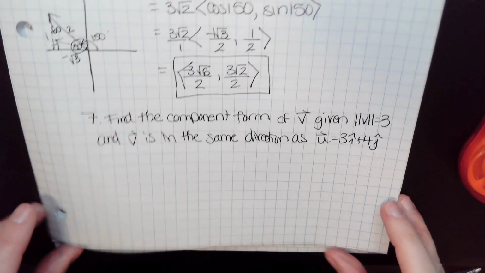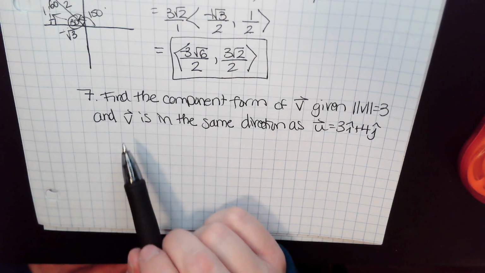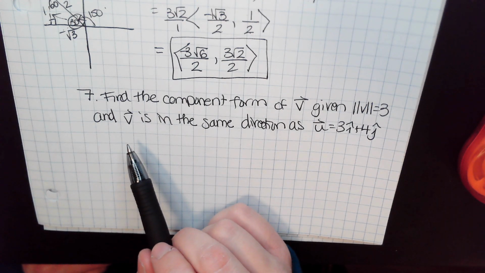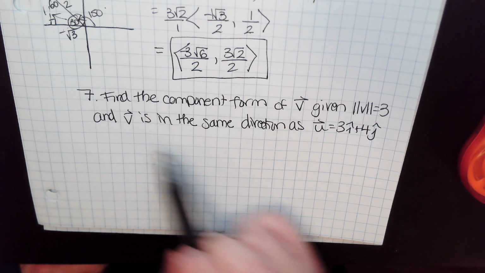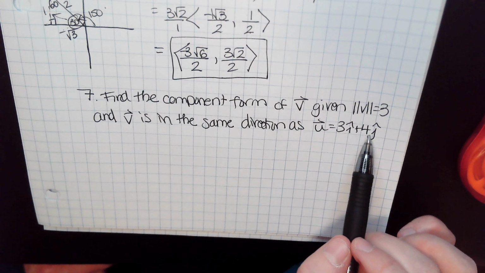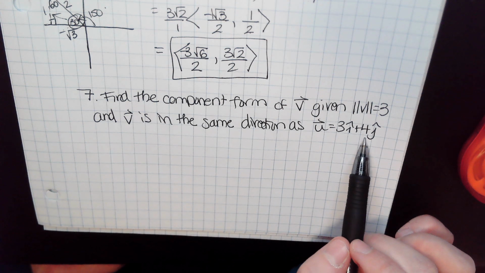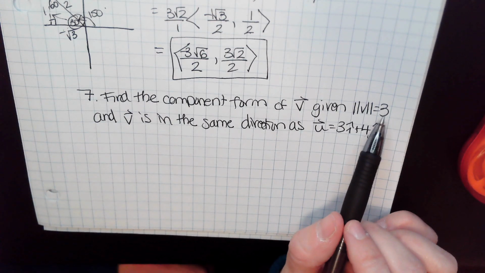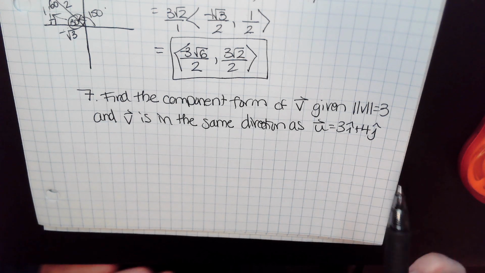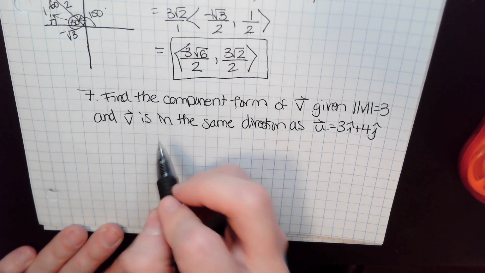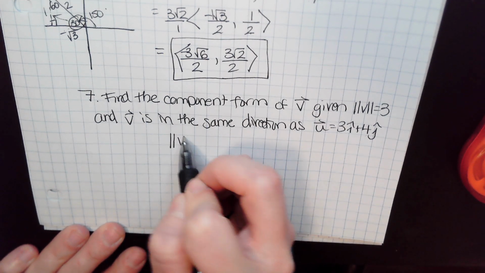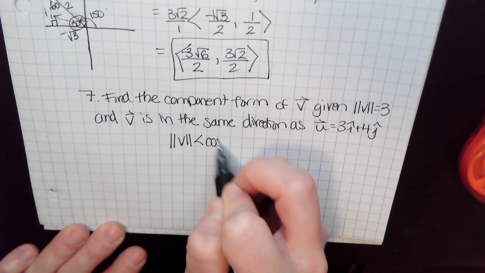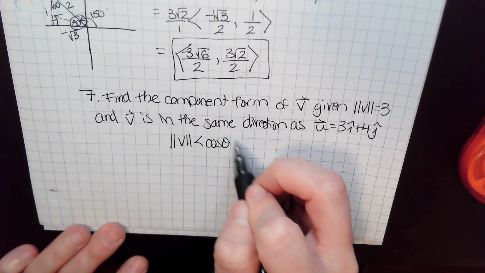So we've actually done this question already before. Number 7, we did this when we found the unit vector by finding the magnitude of this vector and then dividing it by its own magnitude and then multiplying that by our new magnitude that we want. So let's talk about a new way of doing it. Now we could also use our new formula here, the magnitude times